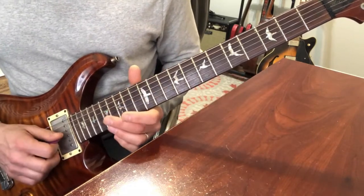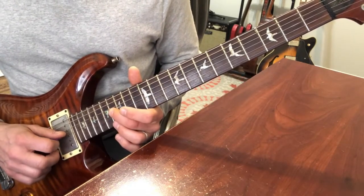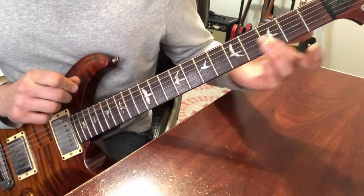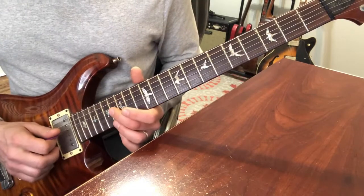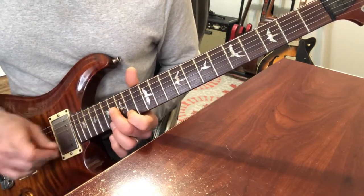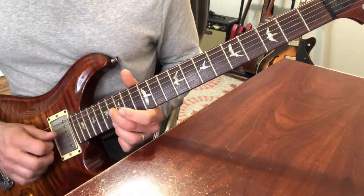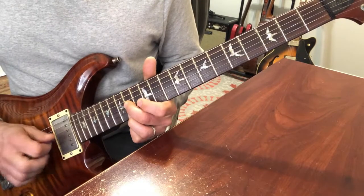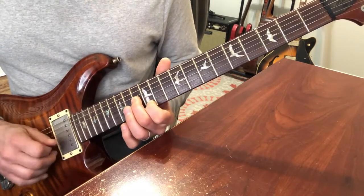But the locations are the 16th fret on the 3rd and the 1st, and I'm going to use my middle finger to play every note on the 3rd string, and I suggest you do also, and then interchange the 1st finger and the 3rd finger for the notes on the 1st string. So first we have 16 and 16, then we have 14, 14, 13, 12,